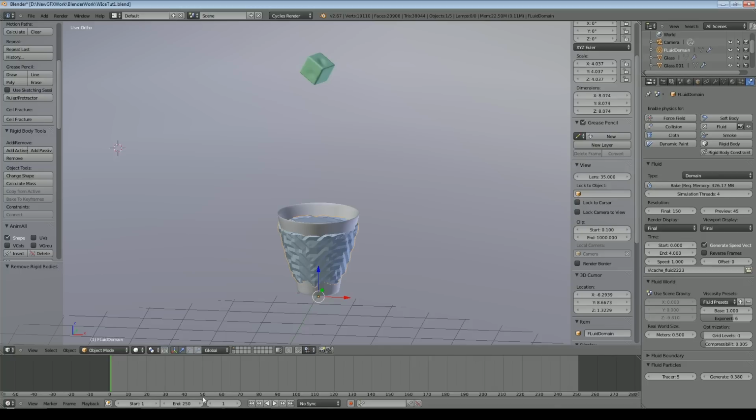So I'll stop the recording and we'll come back when that's done. Okay, I gave that several minutes and we've got a little bit more to see now. You can see we are starting to get the fluid thrown out of the glass. We've still got a problem of the liquid creeping through now.